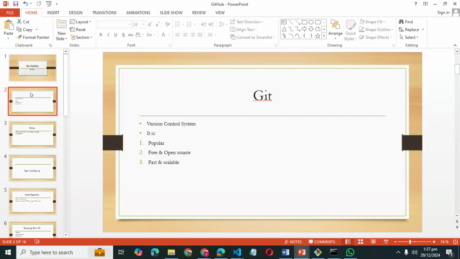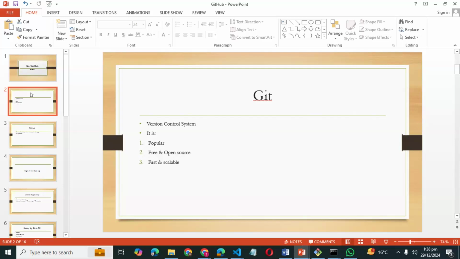What does it mean by commit? Commit is basically the changes we made so far. Whatever changes we made in our repository are stored by Git, right? So that is why we call Git a version control system. That means Git stores every change we made so far in our repository. And why do we use Git?